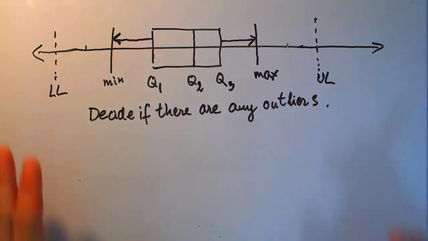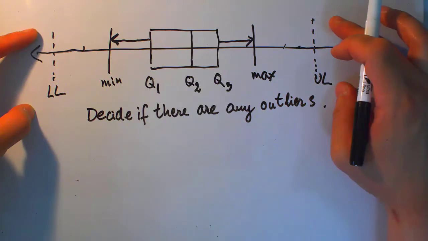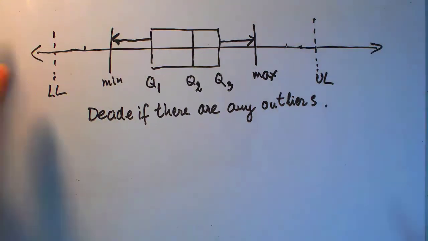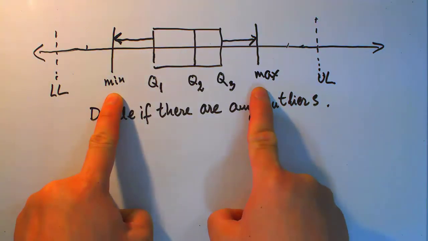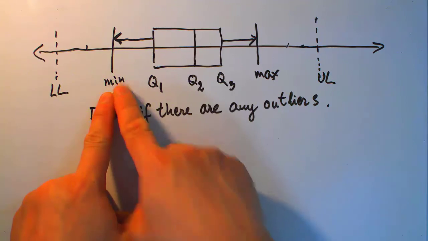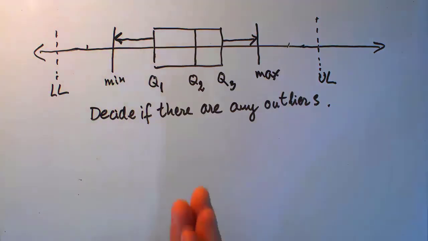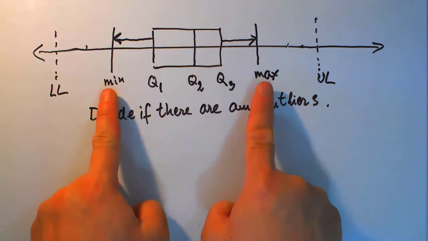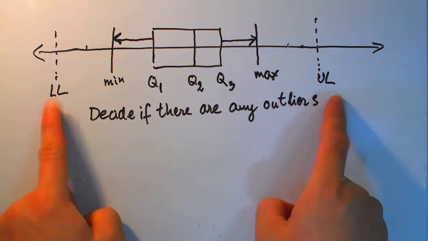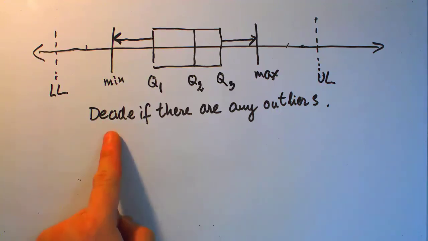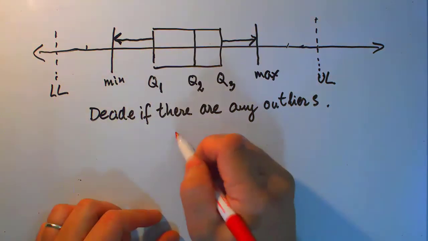And so now once I put down upper limits and lower limits, and of course I don't need to be exactly precise and exactly on scale right here, what caught my attention now, what tells me right through the eyes, is that the minimum of the data and the maximum of the data, in this case, the way the box plot was given, these two values are being completely contained inside the two limits, lower limit and upper limit. And so that means for a data like this, the answer to the question, decide if there are any outliers, we are going to say no,